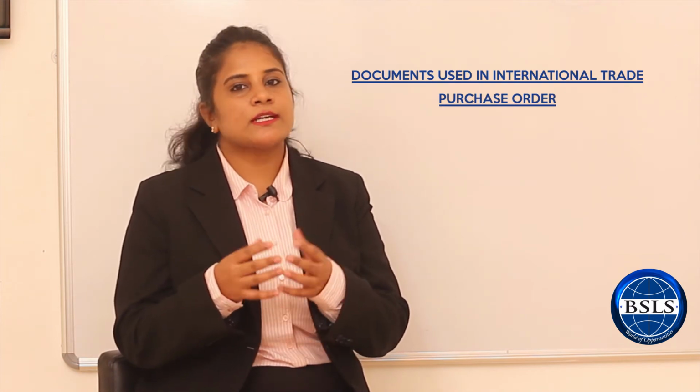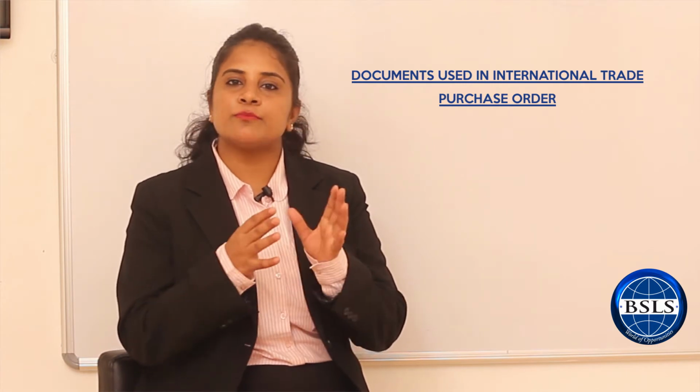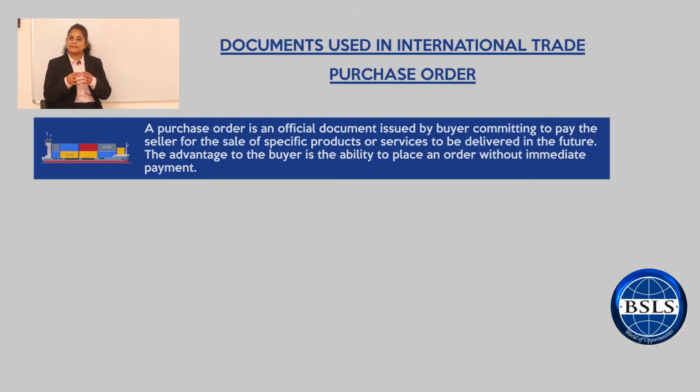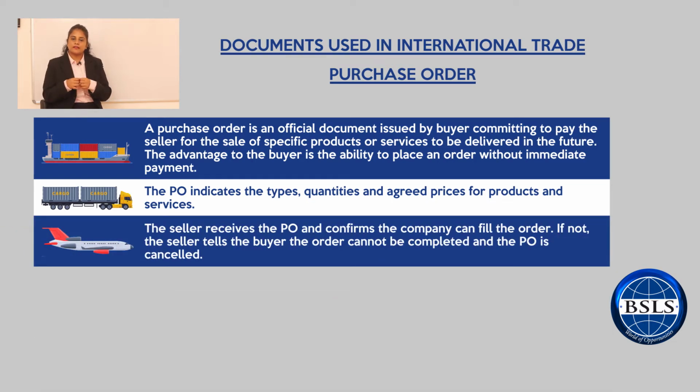A business transaction comes into the picture when a buyer has made a buying decision to procure certain products and services from a seller after considering various factors. At this stage, the buyer issues an official document called the purchase order, confirming his procurement from the seller for the respective products and services. The purchase order also acts as evidence of payment from the buyer to the seller.